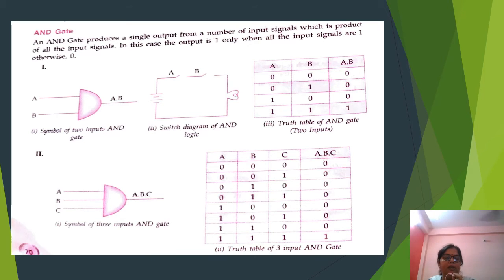Two input signals are there, A and B, and here one output has been shown. Okay, see, this is the truth table. Now there is another example of three input signals A, B, C, and here is the output truth table of it. So go through it, how it has been made. Three input signals are there and one output is there. This is your AND gate.